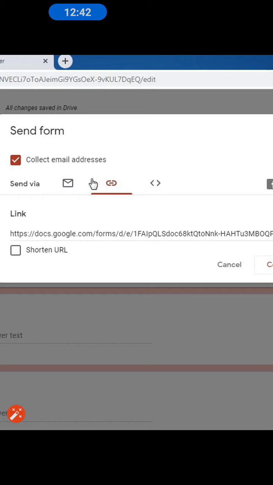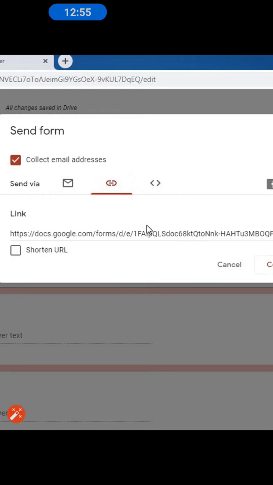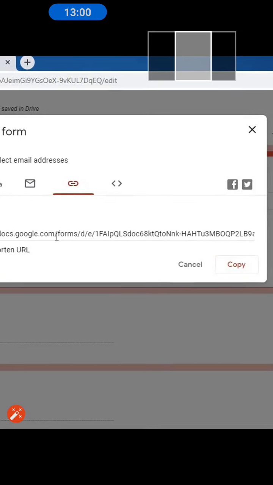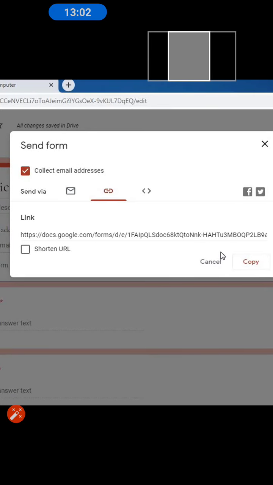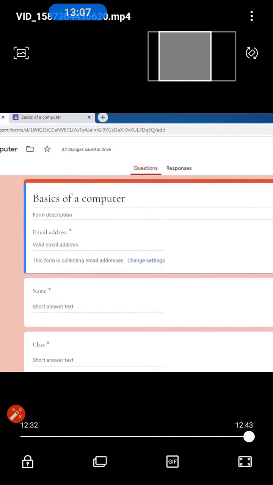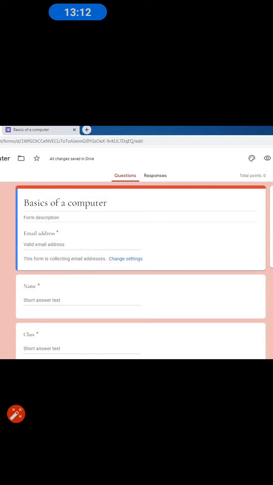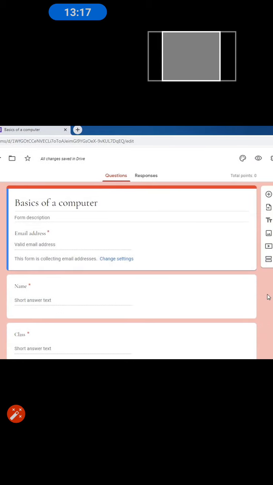If you give this link in WhatsApp, then many students or outside teachers can access your question paper. Yes, the data will be stored in your database, you have to check it. So with this link, at least the teachers can get ready-made question papers. And if it's through email address, then you have to make a note of all the email addresses of the students. So this is the first part of the video, where we are making a basic question paper, giving it some settings and sending it to the students.